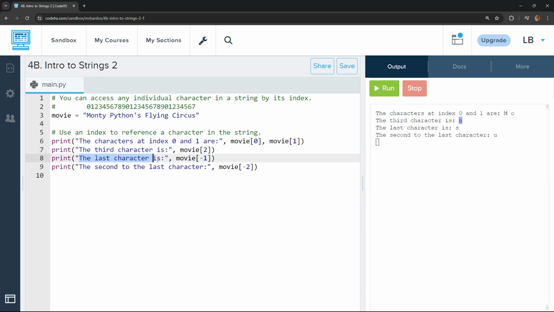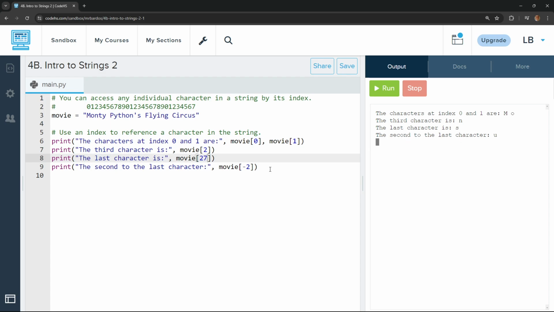There's a shortcut in Python for pulling out the last character. Now, we do know that the last character is at index 27. But this pulled out the last character, the S, just by having a -1. A -1 is a sign for Python to go to the end and pull out -1, the very last character. This would also work if you put the index 27 there, but it's much more convenient to do